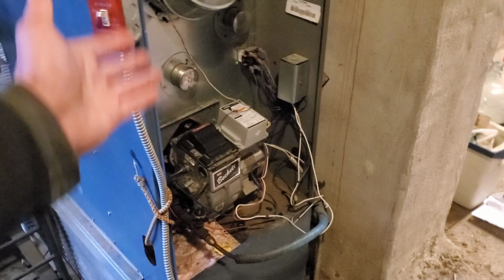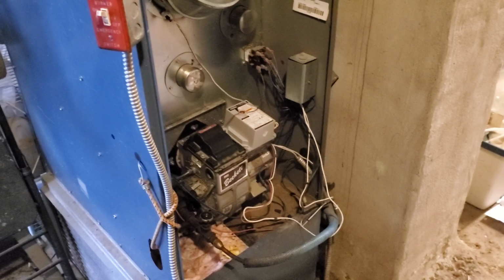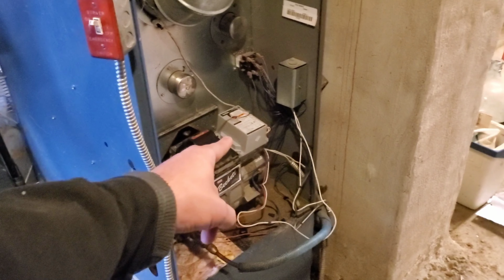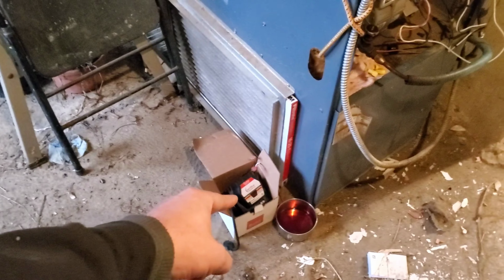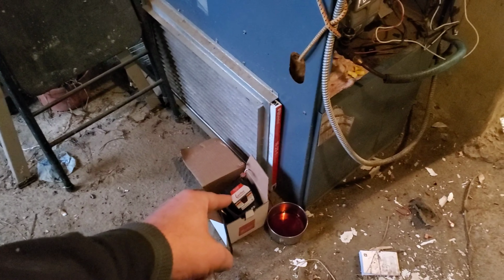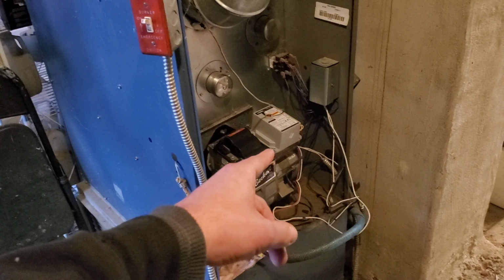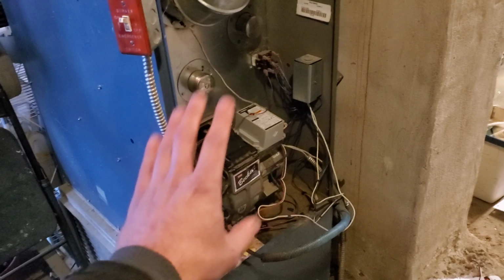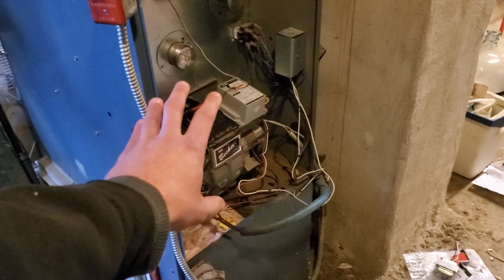And I'm like, "Well, cool. So just replace it with the one that you brought with you." He goes out to his truck, comes back with this, because the lady lied to me on the phone and they don't have any of these. Proceeds to spend another hour and a half wiring this in to finally get it up and running. But because at this point everything has been cycled so many times,